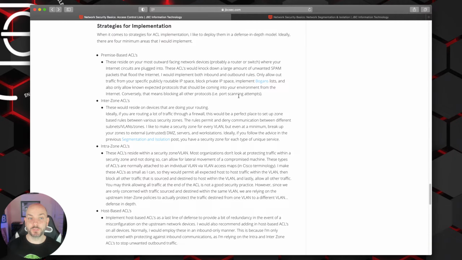So what types of things might you block out there? Well, you might block all types of remote access protocols that you know should not be going inbound into your environment. Maybe at that point you block all incoming SSH connections, all incoming RDP connections. Maybe you're going to block